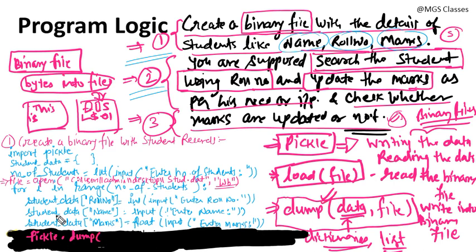Now what you need to do, pass the data, student underscore data first, and then you need to pass the file handler. So this file handler you need to pass. This line will insert the data of the student into the file. For one student, one line will be created, one line will be inserted, because we have put this line